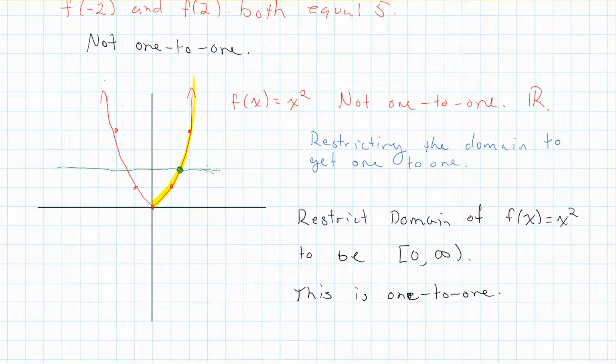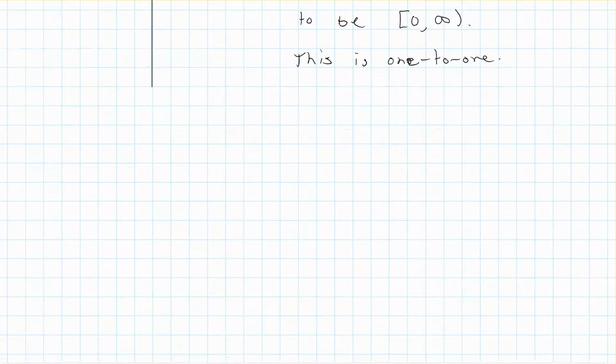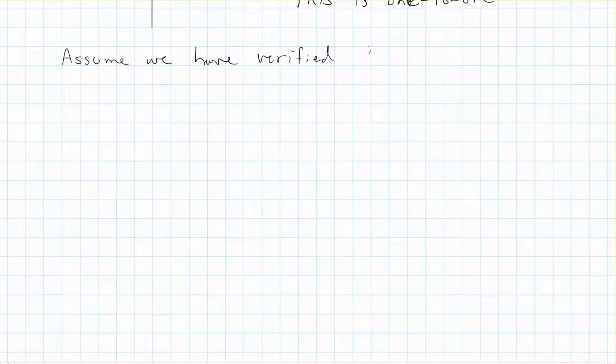All right, so to wrap this up here, let's talk about how to find an inverse of a function algebraically. So first off, we're going to assume we have verified f has an inverse. And of course, how do we verify? We look at the horizontal line test, or we do the algebraic one-to-one test. So we're going to assume that we've already done this. So then